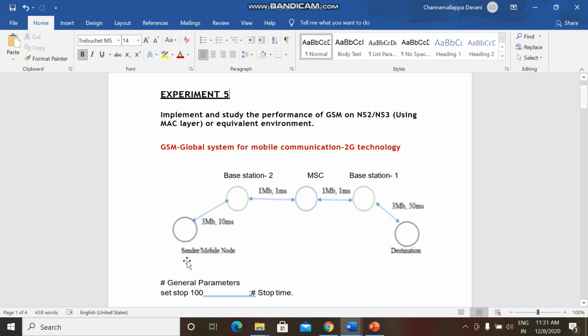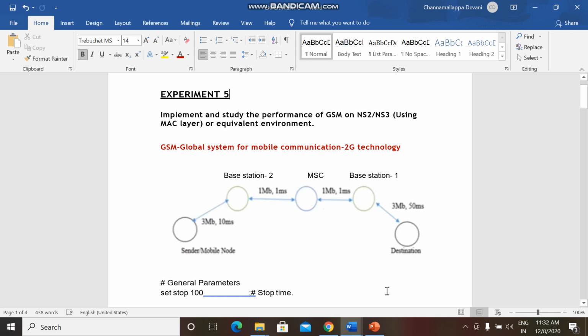So whenever mobile nodes are moving, the main goal of the mobile switching center is to attach the mobile node to its nearest base station. So that is the job of the mobile switching center.